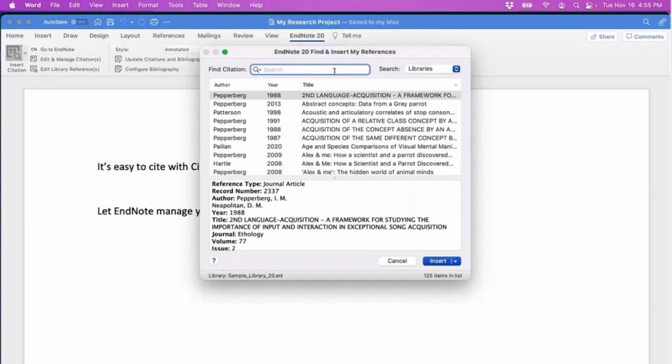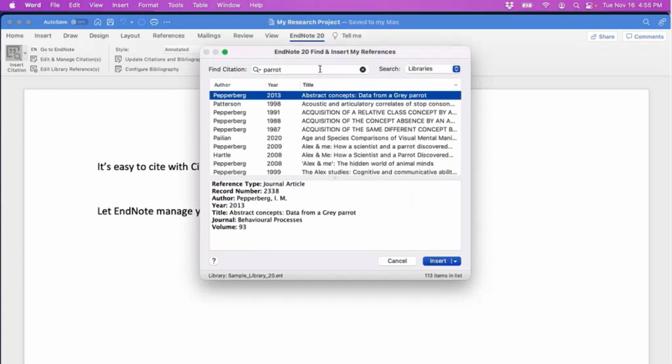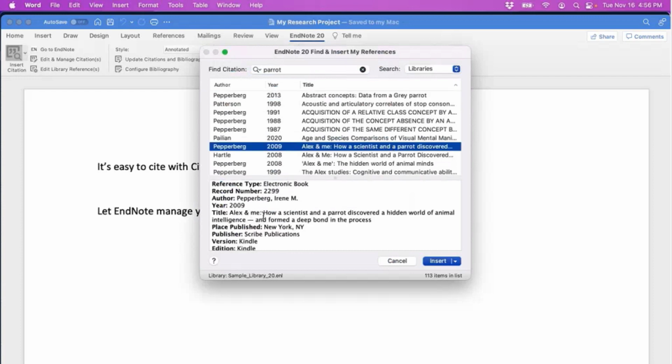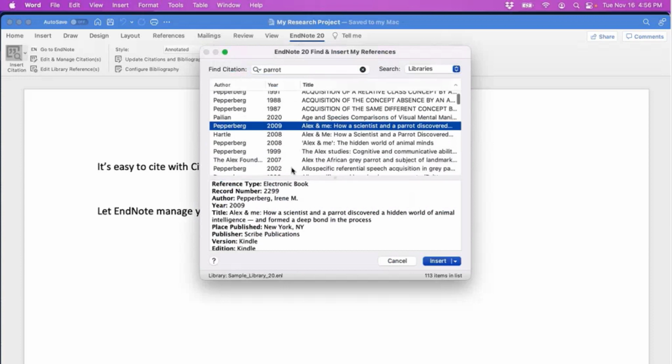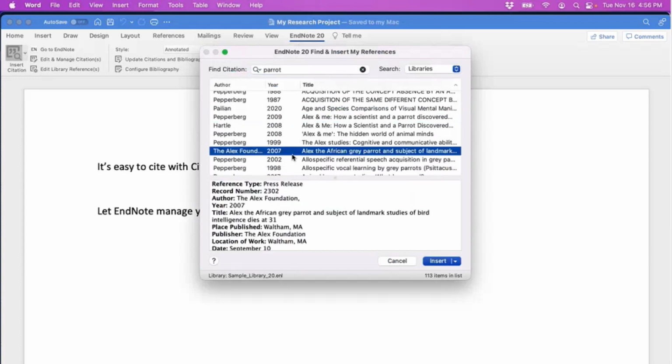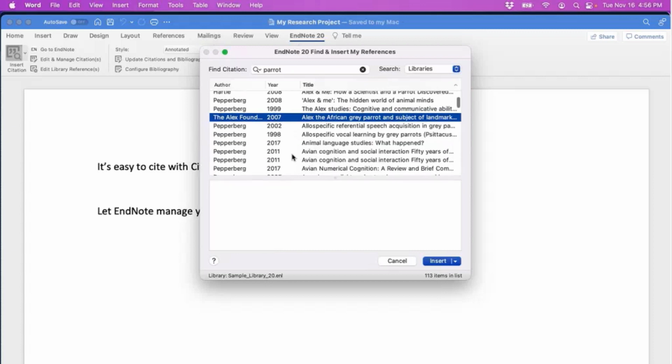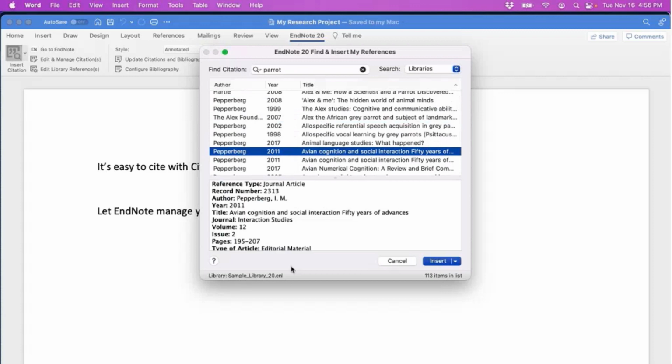We can input a search term from any active EndNote library, and if we press return on the keyboard, that will initiate the search here on Mac OS. We see that for the term parrot in our example library, there are 113 matching references in that library. The bottom left of the window shows a library label, which, if you have more than one library open at once, lets you tell which library the selected search result is located within, to ensure you're citing the correct reference from the correct library. We just have the sample library open, so all 113 references are going to show from the sample library 20.